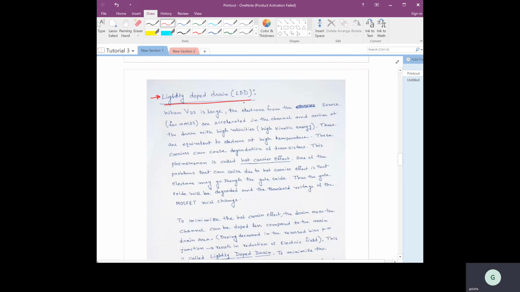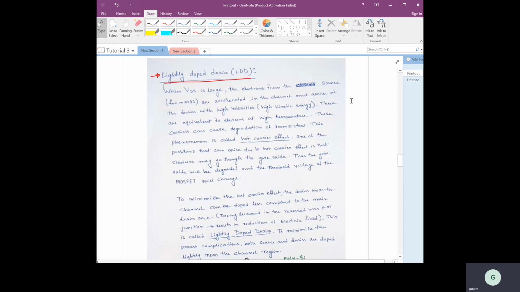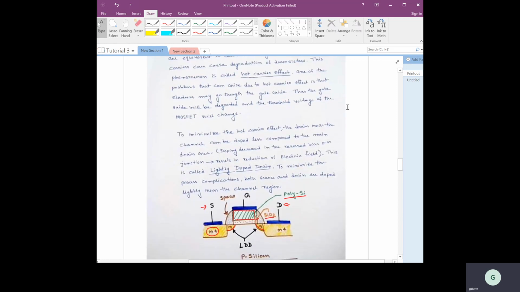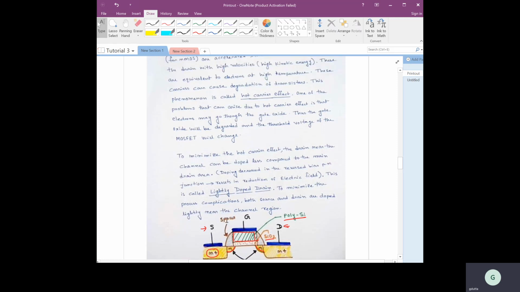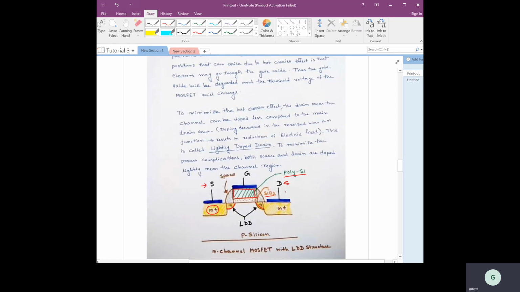So this is called the lightly doped drain structure, LDD. So why do we need this LDD structure in MOSFETs? Okay, let us try to find it out. Suppose we are considering a single MOSFET transistor. Suppose we have grounded the source, and we have connected the drain with some VDS, with some VDD, right? And suppose we are increasing this VDD, we are changing this VDD.